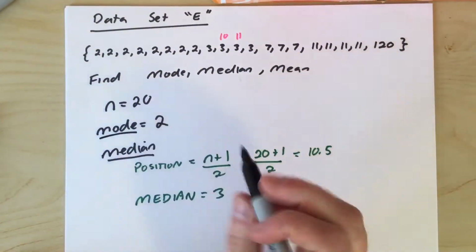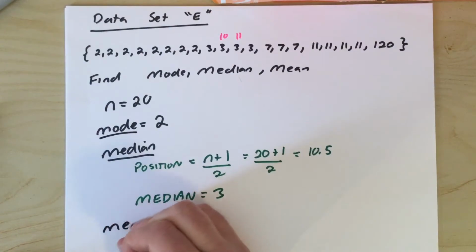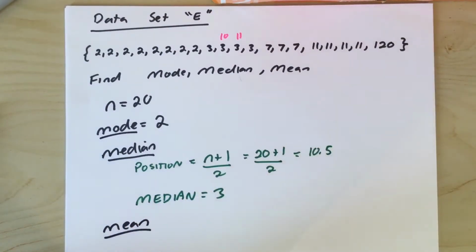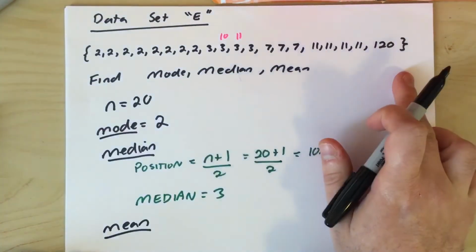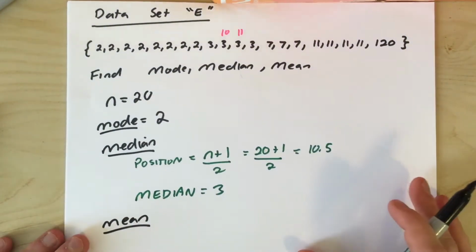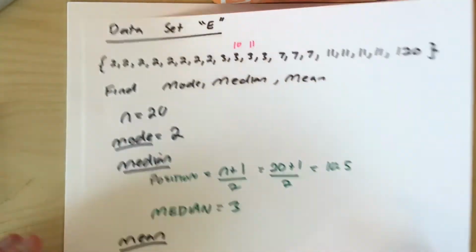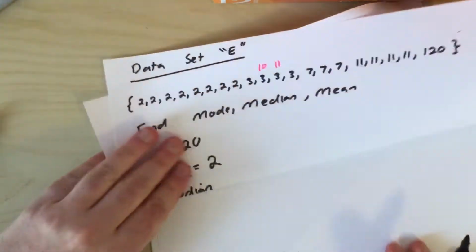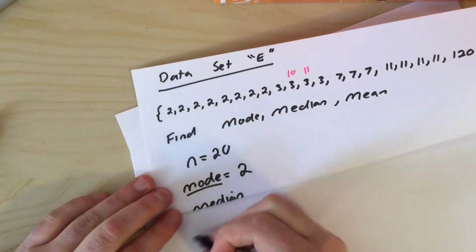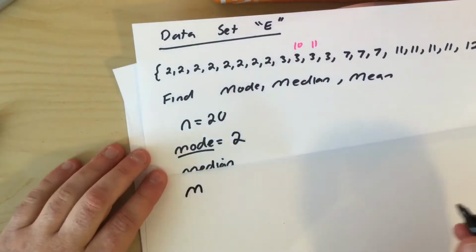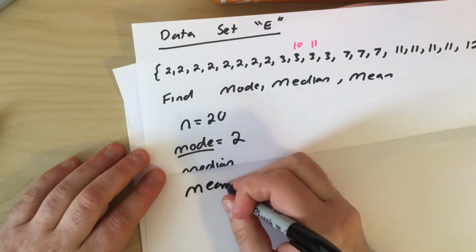So that was the median. Now the mean. The mean is we're going to add up all these numbers and divide by the total number. I'm probably running out of room here, aren't I? So let's cut this off a little bit. So the mean